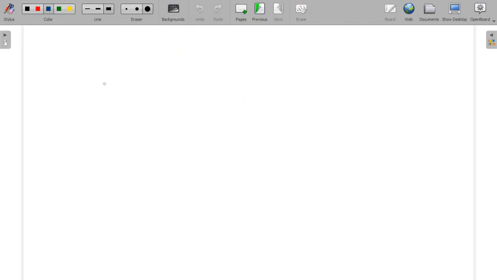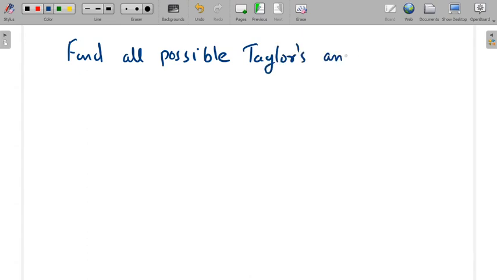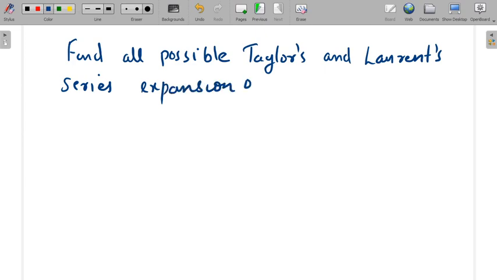Find all possible Taylor's and Laurent series expansion of 1 by z plus 1 into z plus 2 the whole square about